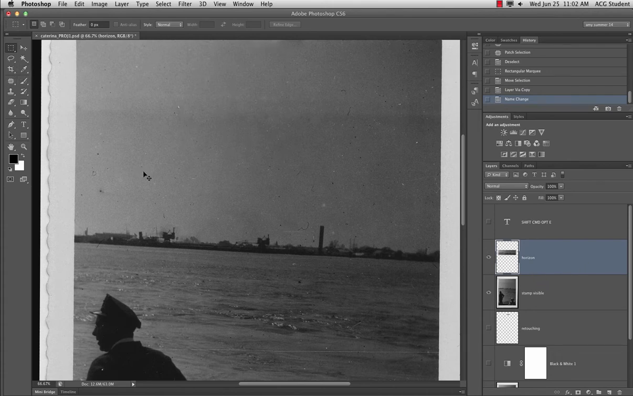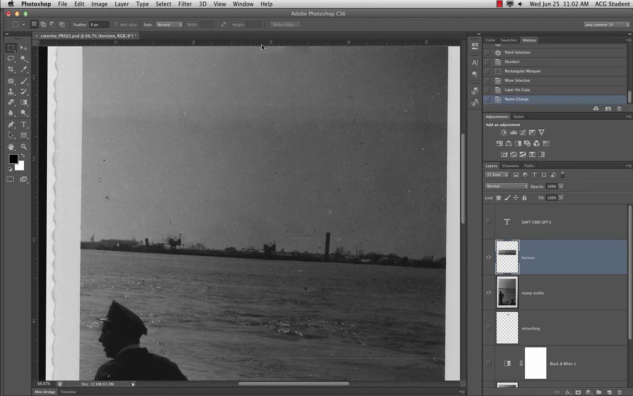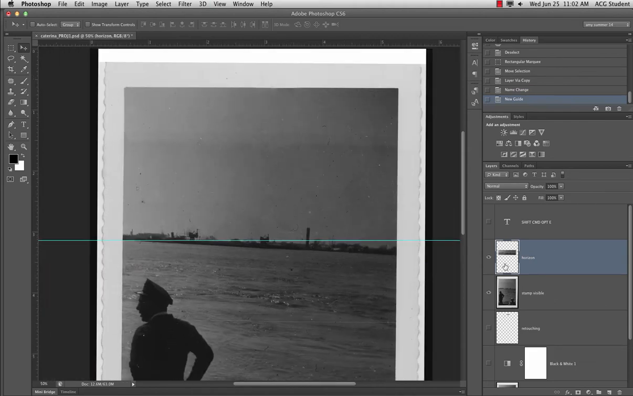I'm pressing Command R on my keyboard to show my rulers. Then I'm going to go up into my ruler and bring down a guide. And you can see when you bring down that guide how crooked that horizon is. And that will help us when we go to transform. So with the horizon layer selected, edit,